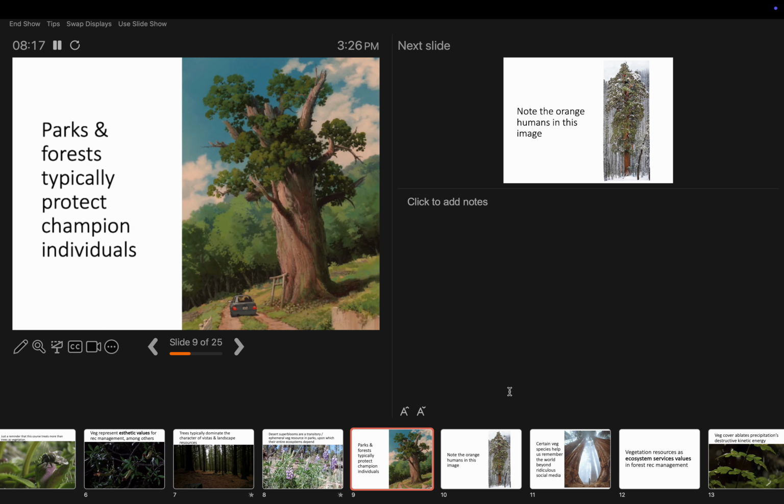Now, also, this is not a national park. This is a Miyazaki film. I did this for you. Okay? So let's all have a moment of zen with that. Anyway,